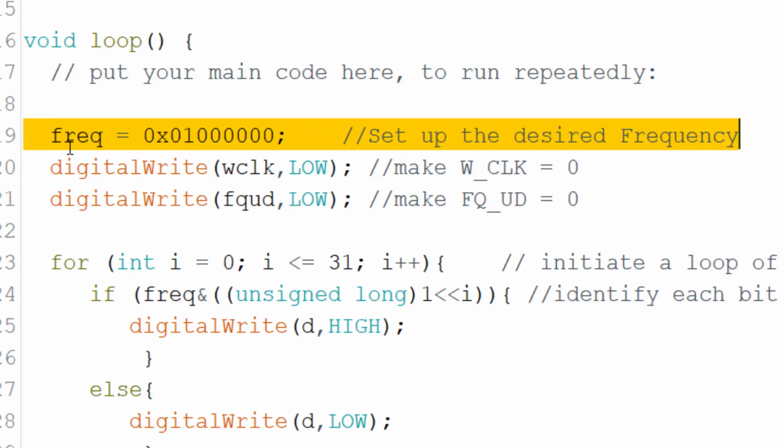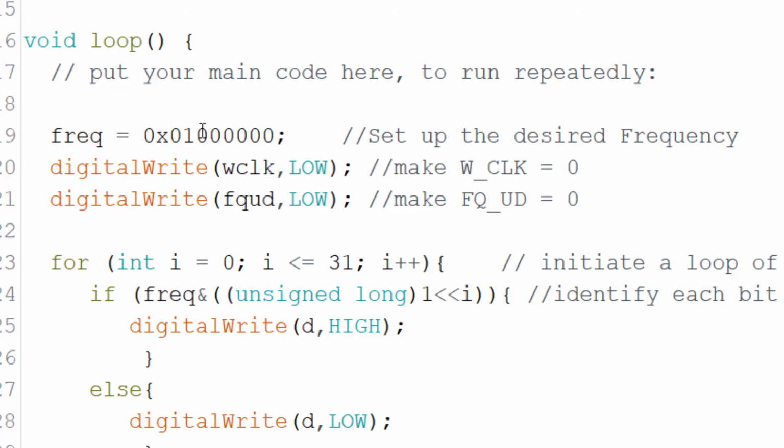Whatever frequency we want to load, this is a 32-bit number. As we have seen that it is a 32-bit number which you have to give to the module. So these are 4 hex nibbles and these are other 4 hex nibbles. So this all totals up to 32 bits.